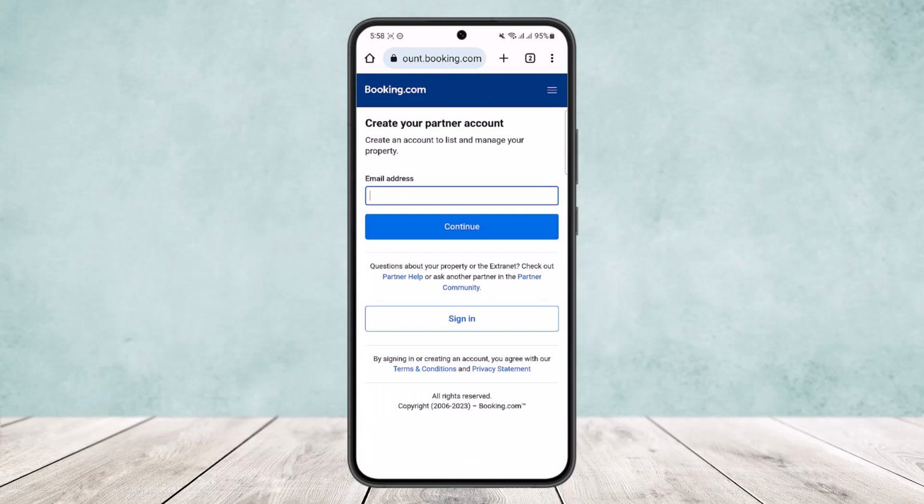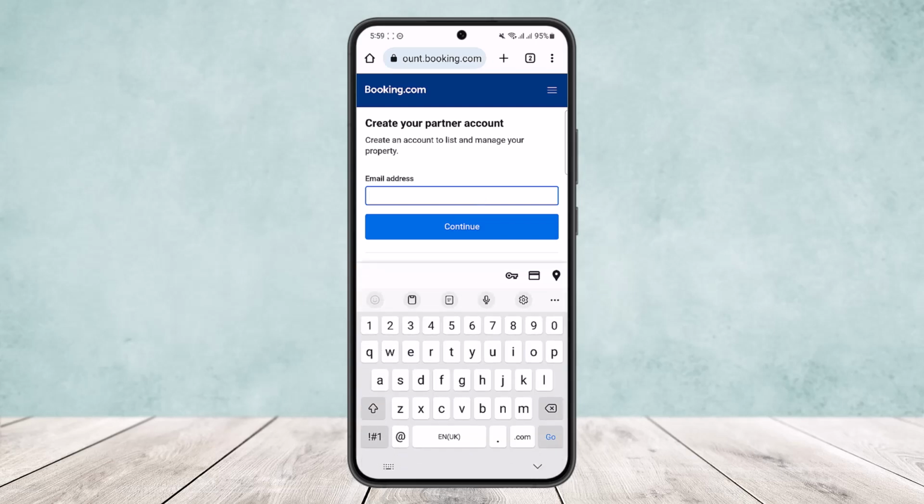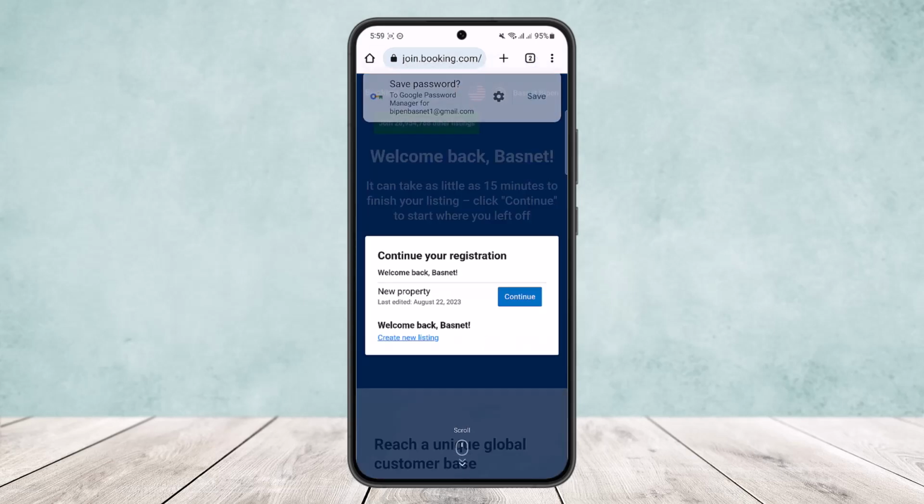Here you want to simply log in if you already have a partner account, but if you don't have one, you can simply create a new one. Now since I already have one, I'll just log in simply. Now here, as you can see, I have already logged in and it's prompting me to continue to my previous registration. But here you want to simply tap on the create new listing option, and once you tap on create new